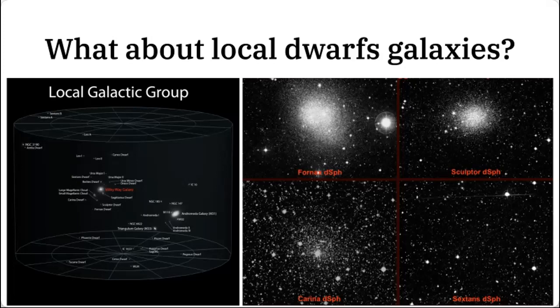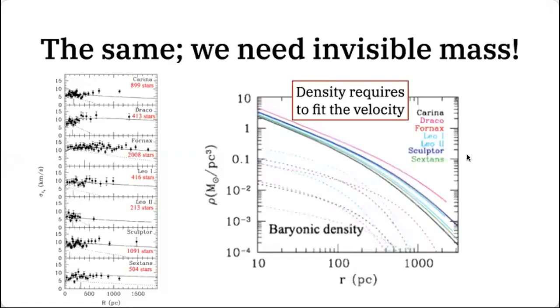So what we can do is measure the dynamics of individual stars to study the total mass inside of each radius. And this is a compilation of the measured dynamics of the stellar velocity as a function of radius. For these dwarf galaxies, we use thousands of stars in those galaxies. And again, the same story here as a function of radius. The mass density inferred from the dynamics is the solid lines.